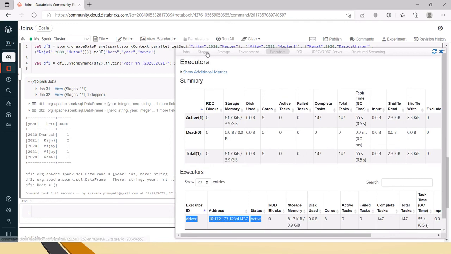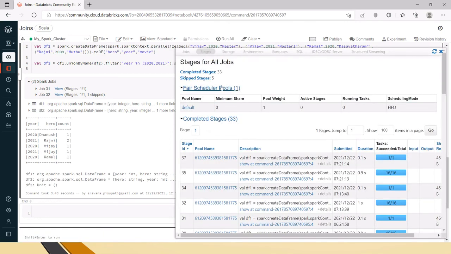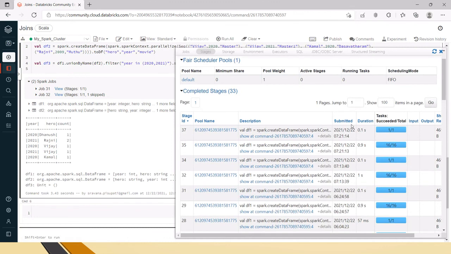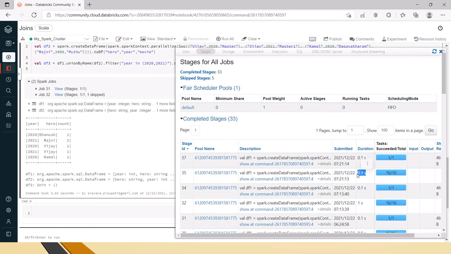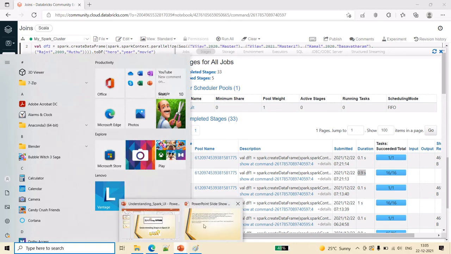And in this DAG, when we see the DAG, we will understand which stage is taking a lot of time. It also gives the duration for each task that is being performed. Based on the stages, we will see which task is taking more time, then we can do some optimization on that particular task. Let's say we have 1,000 lines of code, we can pinpoint where exactly more shuffle is happening and where the more time-taking process is, and based on that we can pick that code up and perform the optimization.